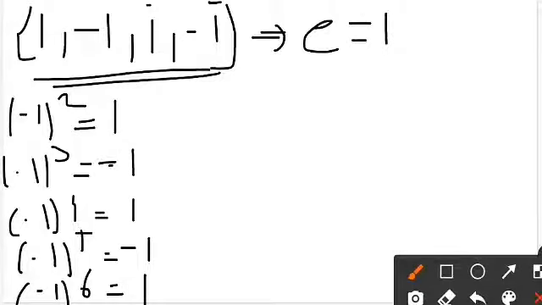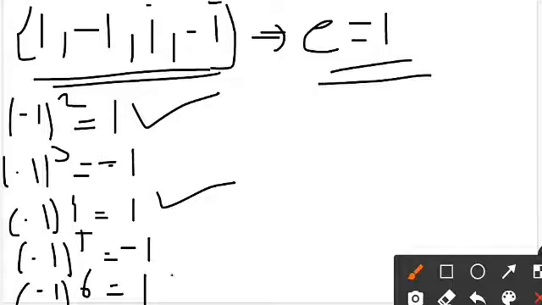So here -1 is the element, and it is giving us the identity element 1 at the power 2, the power 4 and the power 6. Means when we are raising -1 to the second power, the fourth power and the sixth power, we are getting the identity element 1. But exactly which one is considered as order? The least of those. So from 2, 4 and 6, 2 is the least power. So -1 raised to 2 is 1, the identity element. Therefore 2 is the order of -1.